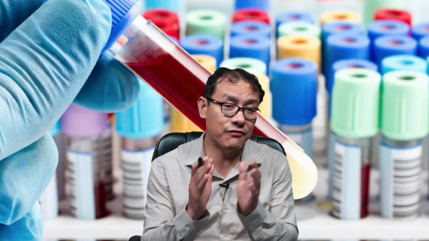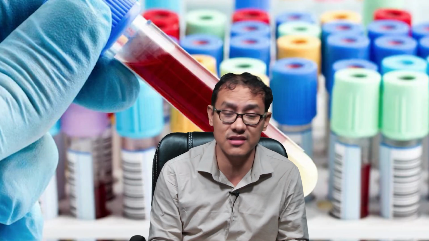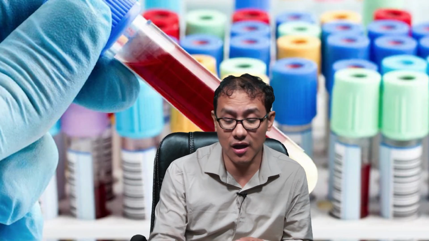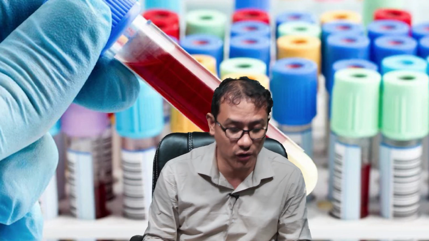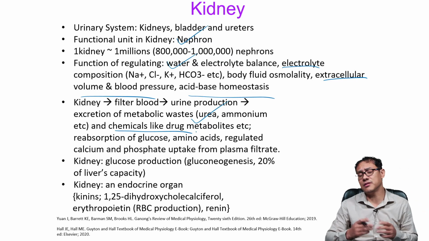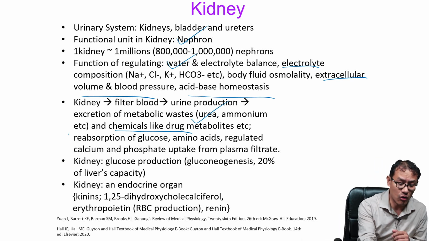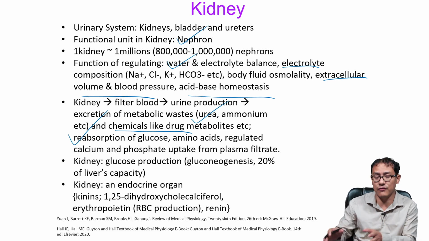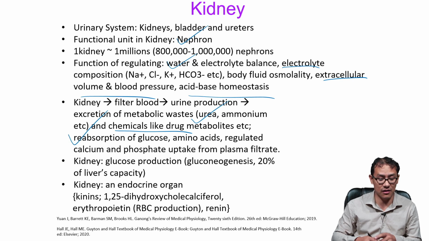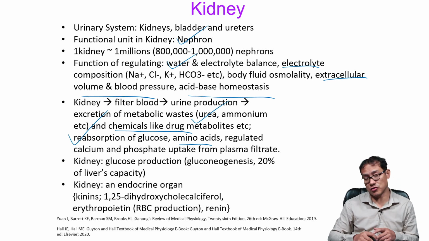So the kidneys filter the blood, and urine formation is important for the excretion of metabolic waste, for example urea, ammonia, etc. These are the metabolic wastes which have to be excreted from the body, along with certain chemicals, for example foreign drug metabolites, which are excreted by the kidney. The kidney also causes reabsorption of glucose from the filtrate, which we will see later on. Amino acids are also reabsorbed, and it also helps in the regulation of calcium and phosphate